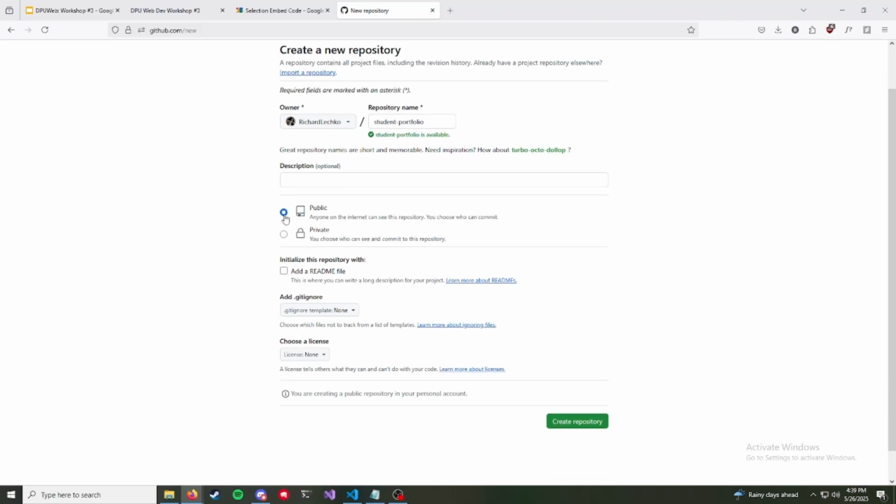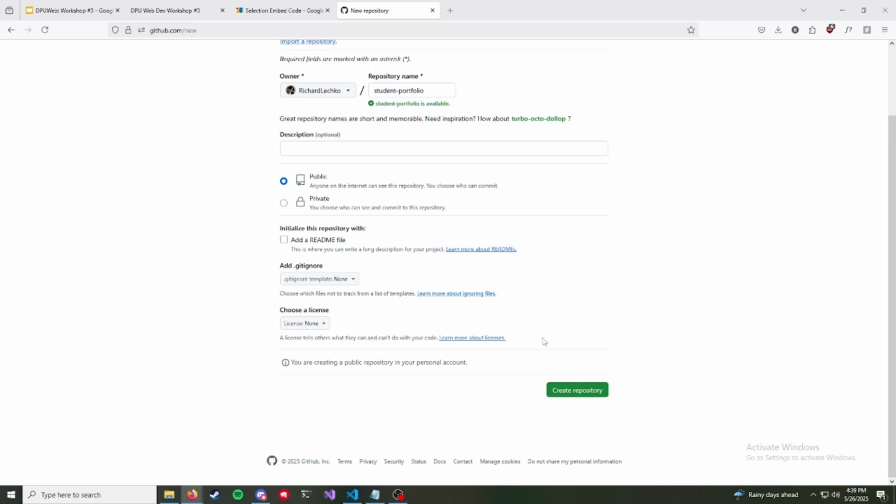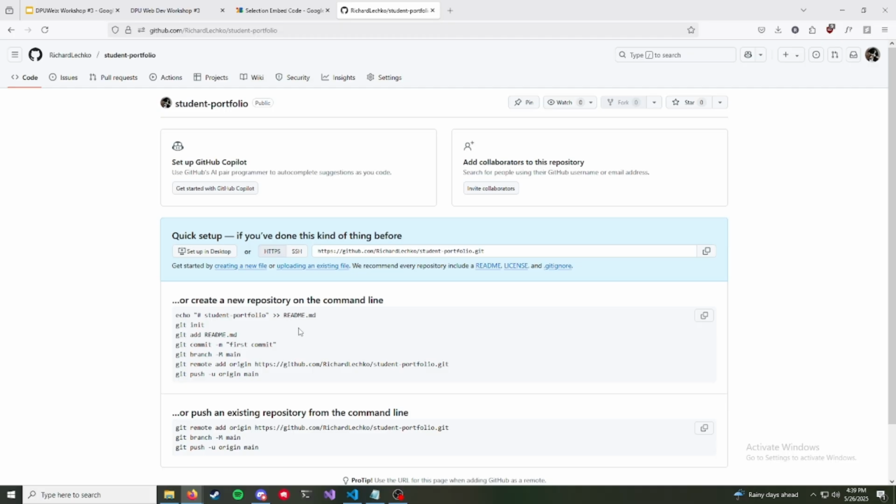Okay, public, add a README? No, because we already have one. No license, no .gitignore, create it. Okay, so now GitHub is going to tell you everything that I'm already going to cover. So all you're going to want to do is grab this URL, and I copied it, go over to here,